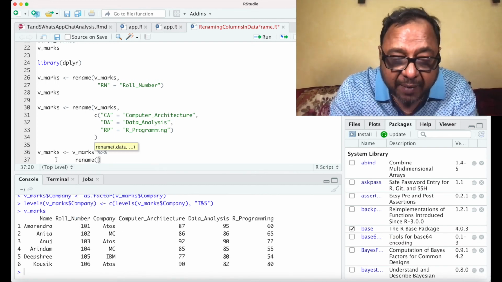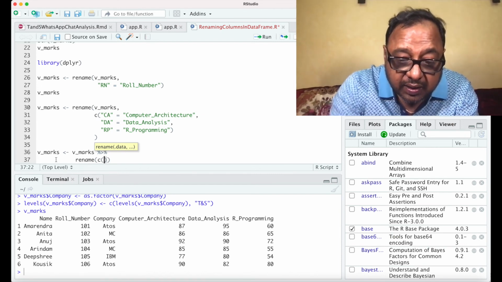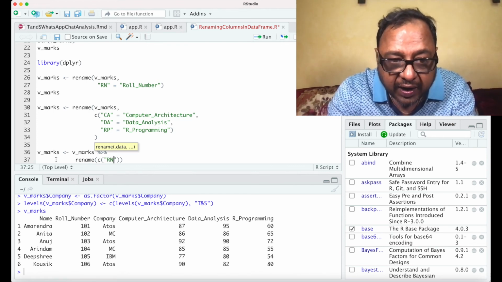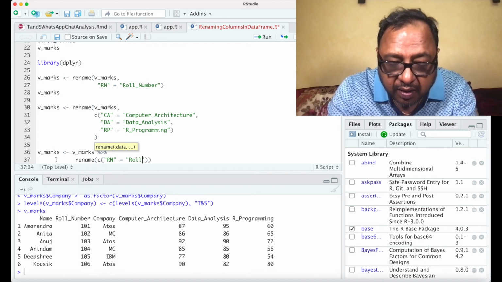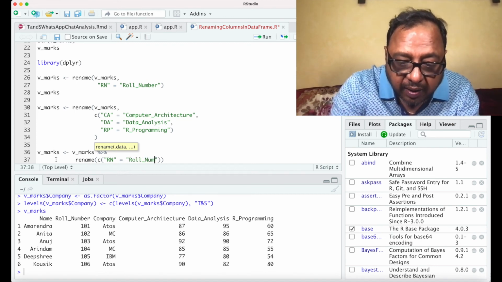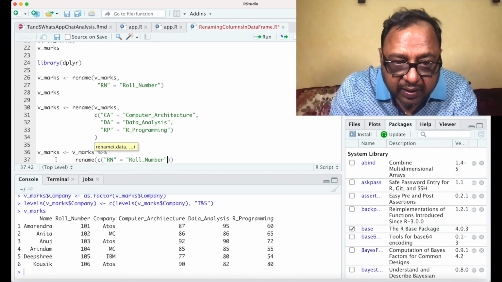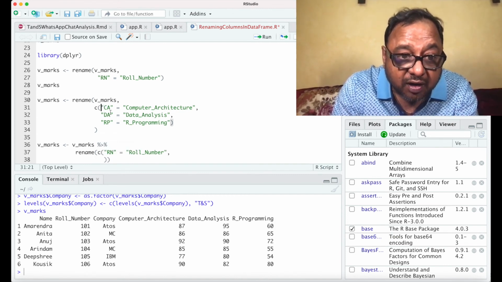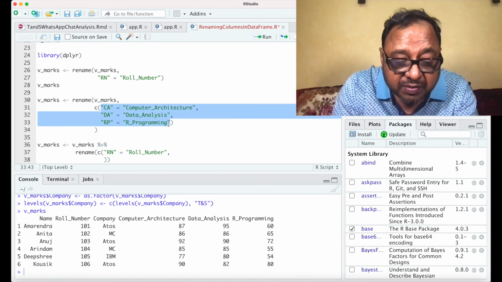So when I say rename, now all I have to do is say the column names that I want to rename. So I will say RN is equal to roll_number. So this is one column we want to rename. I will copy the remaining columns instead of typing them, as it takes more time.